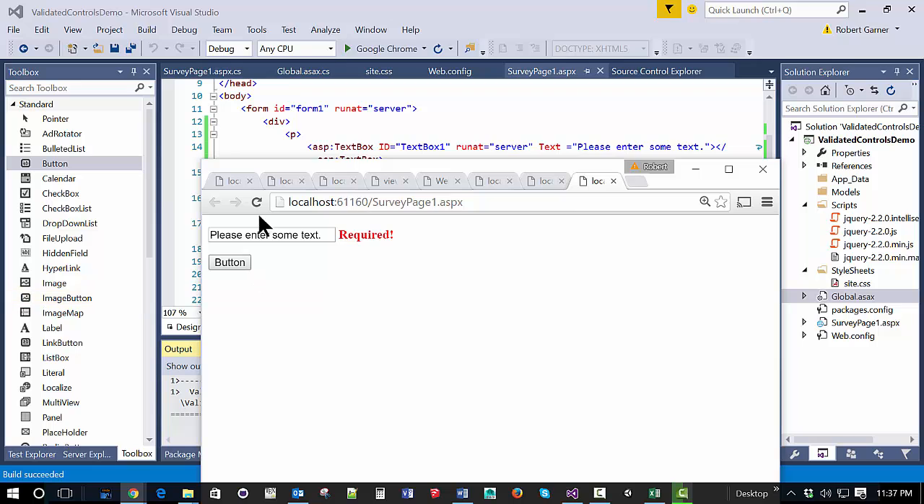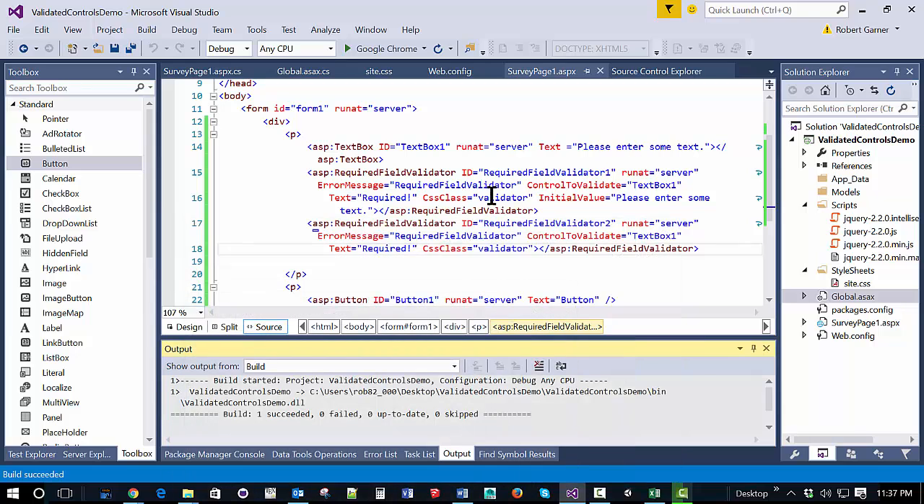If I click that, it gives me an error. If I empty it out, I still get required. Notice though that the second one is spaced out. Even if your required validator is not being displayed, it still takes up space. And then if I put some information, then it's okay. So one of the ways we can deal with that